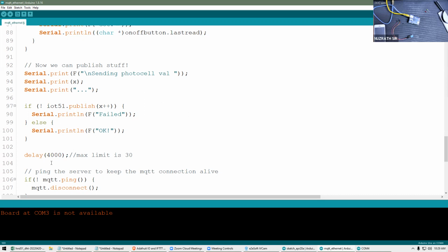So if you're going to get 2 feeds, then this is going to get reduced to 4. Why? Because 2 feeds you have to send. At once you can't send both. So you have to publish 2 times, right? So the same values you need to publish 2 times. So when you want to do that, you have to set this to 4 seconds. This is the disadvantage you have in the free account. Let's put something like 8. 8 means 3 feeds. 16 means 4 feeds. 32